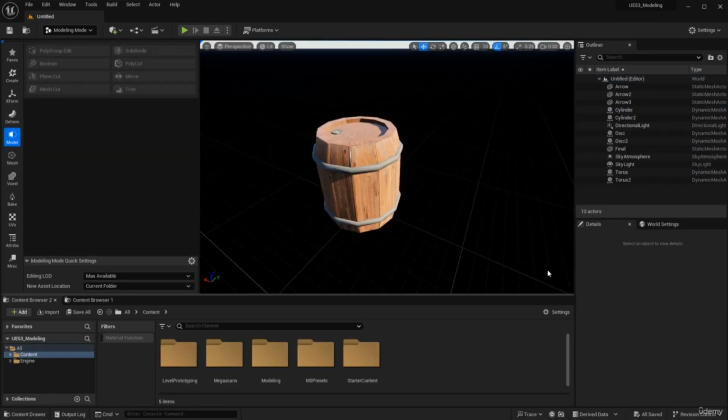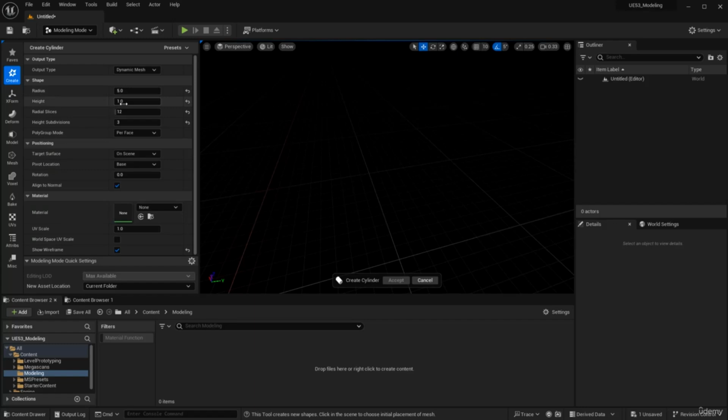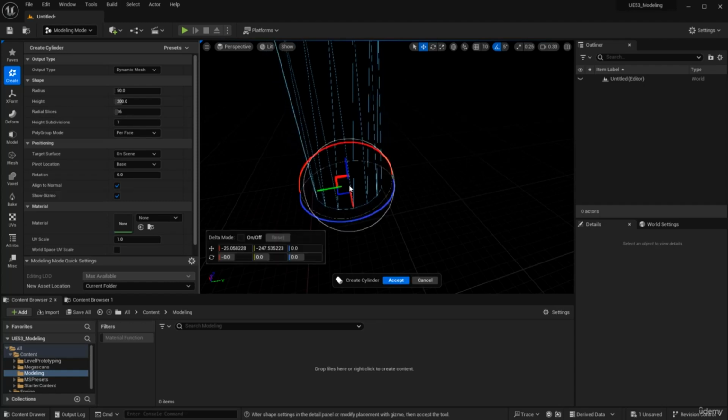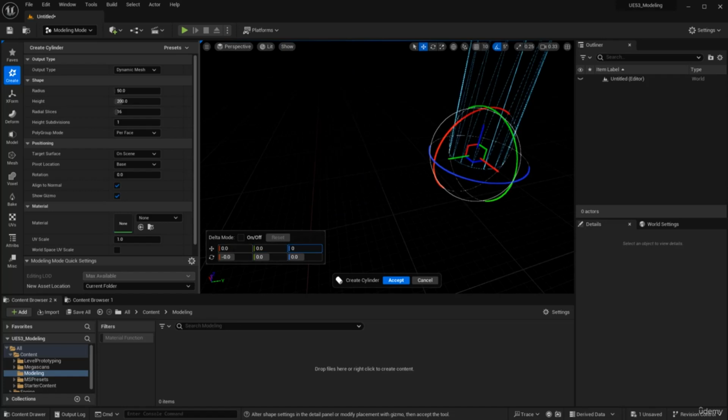Now let's go ahead and apply some of what we learned on a practical example. We're gonna create this 3D barrel. So let's do it. I'm gonna start creating a cylinder. So let's go ahead to cylinder and let's go ahead and reset everything. And I'm gonna place the cylinder there, and let's set the XYZ to 0 to 0 to center it on